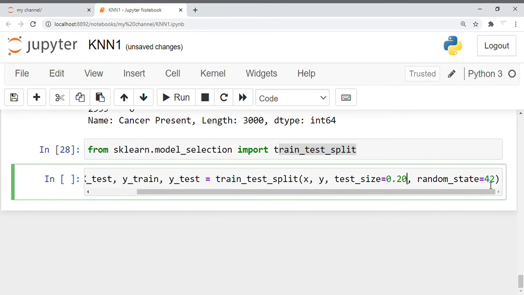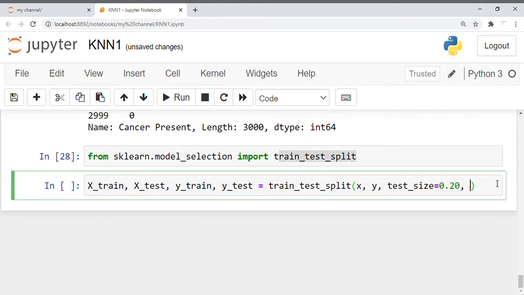But now for every random state you'll get a different shuffling. If you want to get the same randomness or the same kind of shuffling after executing this particular statement multiple times, I keep random state equal to some value. If you do not set this random state to some value, every time new shuffling happens and your results might get varied.